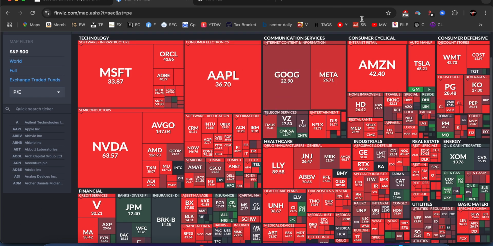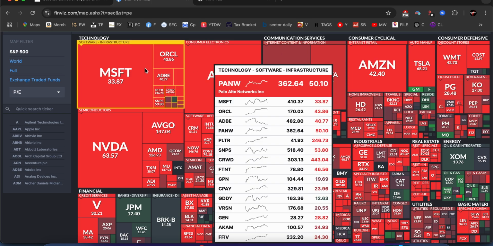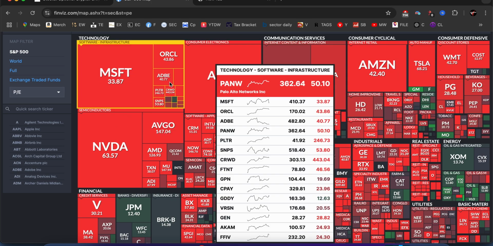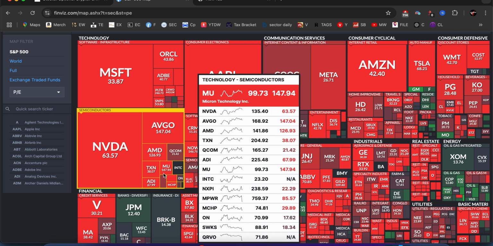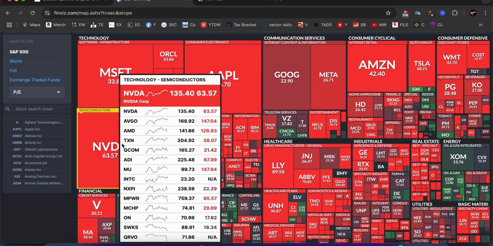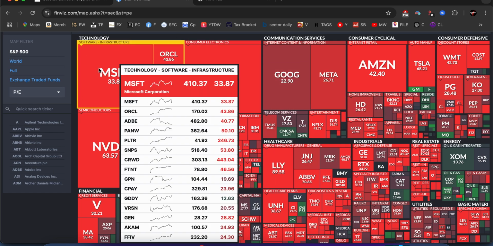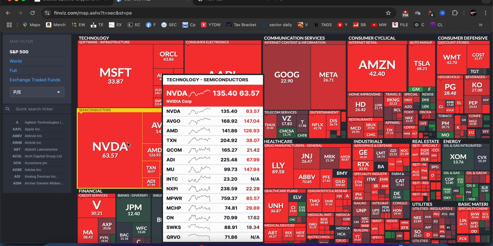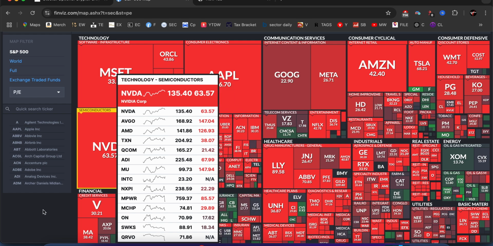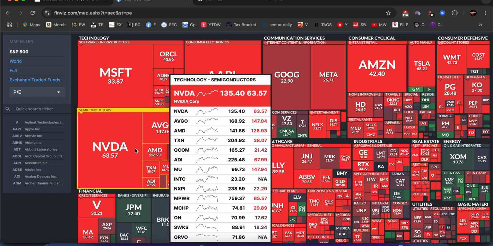And here you will see the bigger squares, Microsoft, Apple, Amazon. The bigger the square, the bigger the market capitalization, okay? I wish we could see the market caps, but that's okay. We are looking at the semiconductors. This is a heat map of PE, price to earnings. And if we take a look at purely semiconductors, you can even compare it to NVIDIA. 63 for NVIDIA,